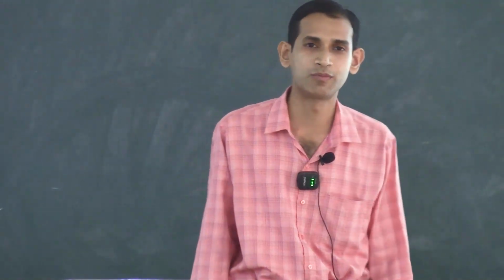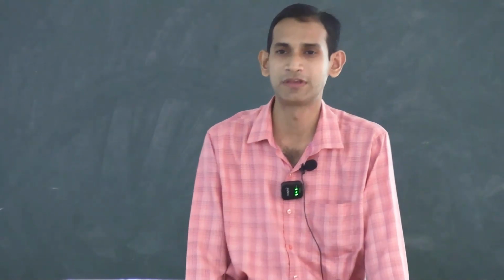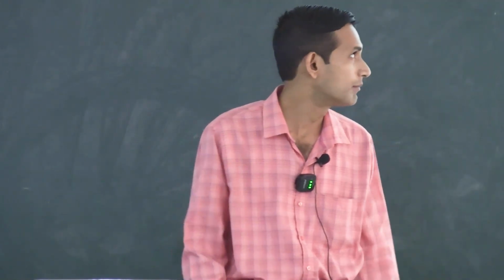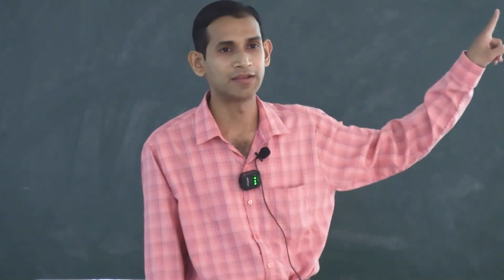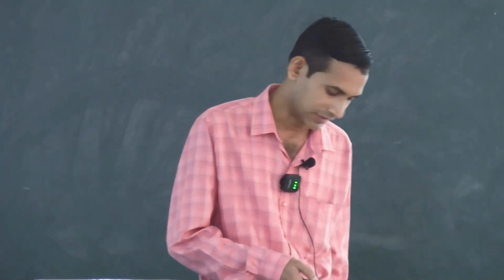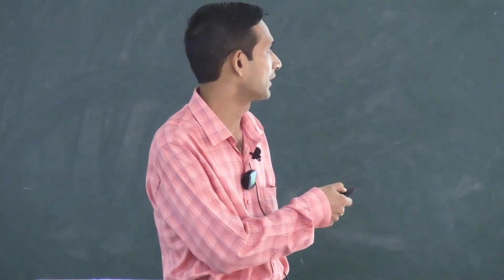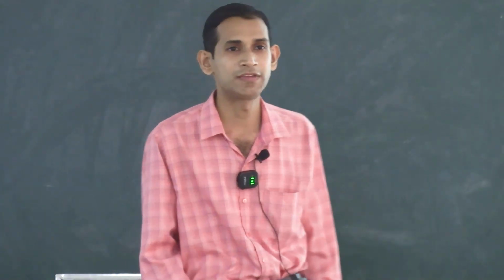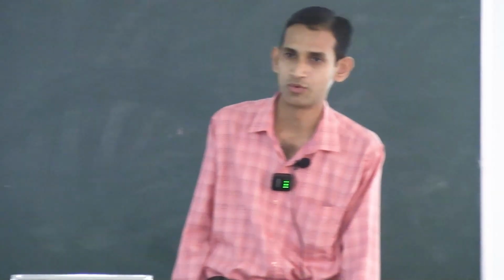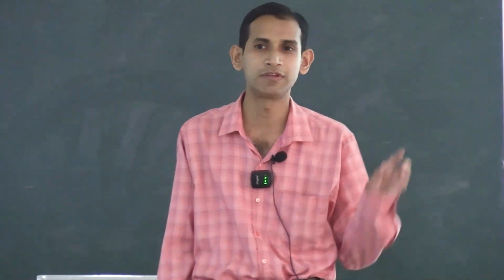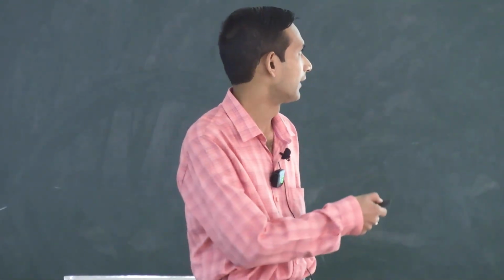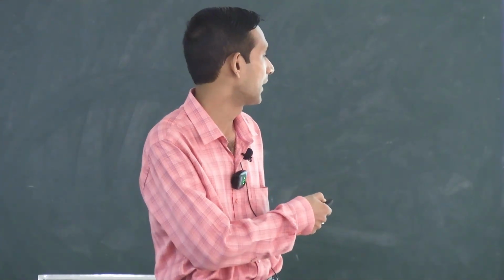Now, coming to systemic PUVA therapy. How is systemic or oral PUVA therapy given? Oral PUVA therapy is done with oral psoralen. PUVA means psoralen with ultraviolet A. Usually the patient is asked to take oral psoralen in the dose of 0.6 milligram per kg body weight on 2 days in a week, but not 2 consecutive days. That means, for example, Monday and Thursday, in this way, between 9 AM and 11 AM.